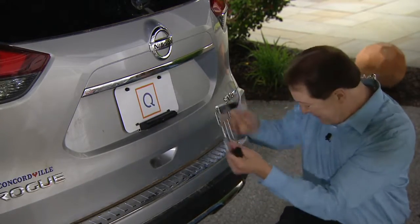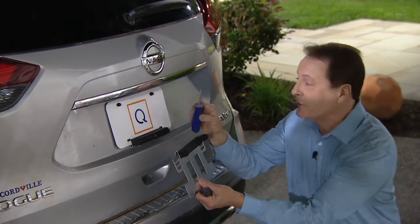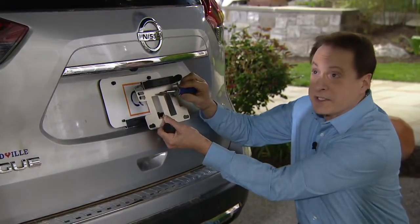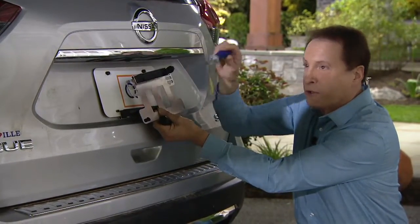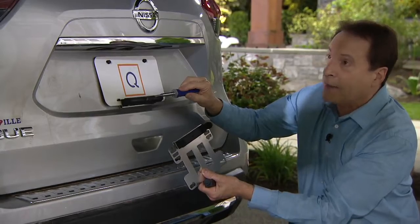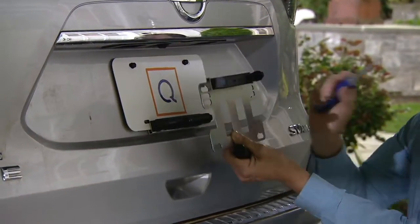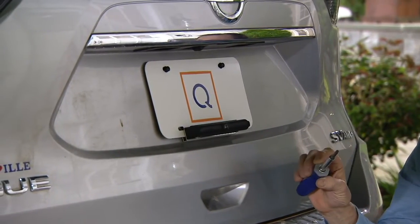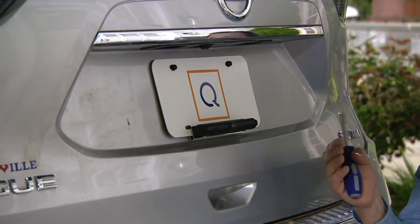You take the supplied bracket, take your license plate off, put this on. All you need, for example, is just a screwdriver. I actually put this one on with just a screwdriver. Take your screws out, put this bracket on, put your license plate back on top of it, and fasten it on. Depending on your fasteners, you need a wrench or a screwdriver. Yes. By the way, I have this mounted on the bottom. You can also flip this around and mount it on the top if you wish. That's it. It's automatically paired out of the box with your device, so that when you go inside and you say either show video or you tap